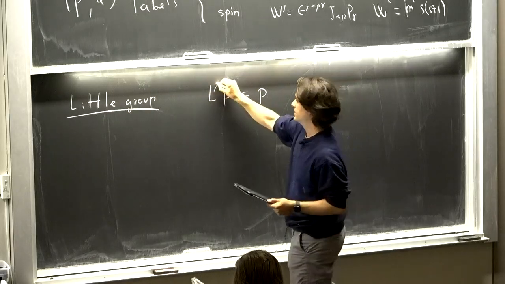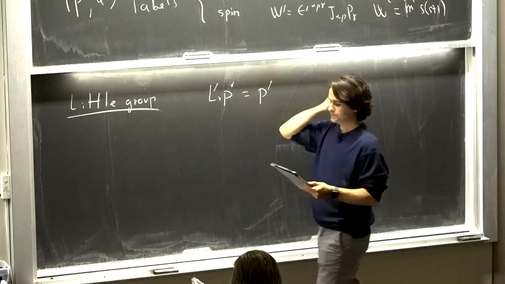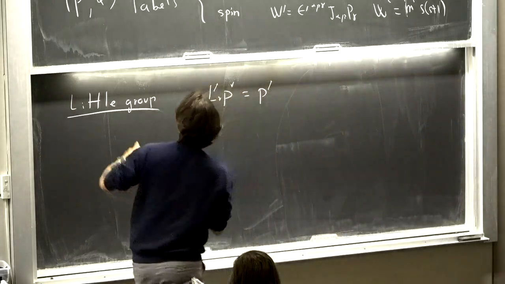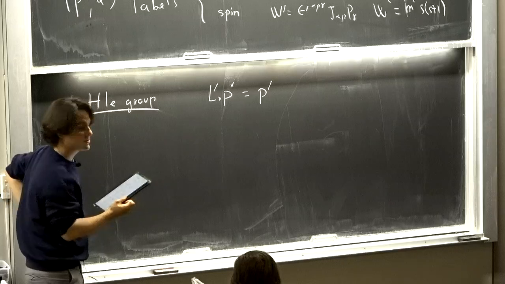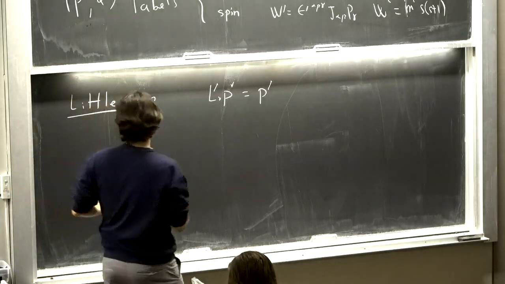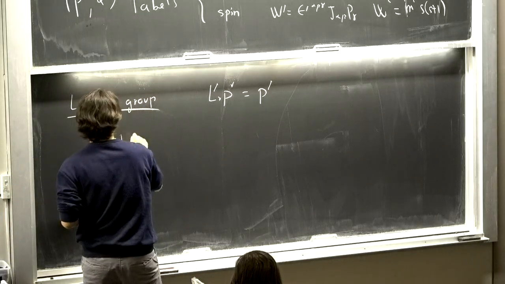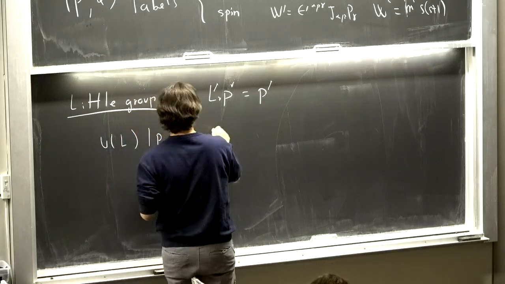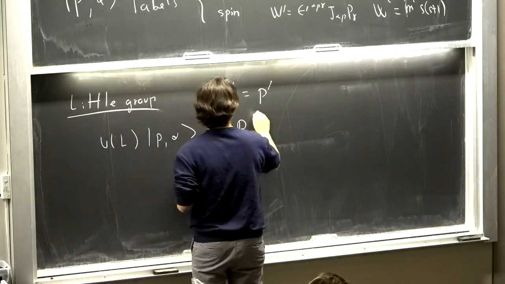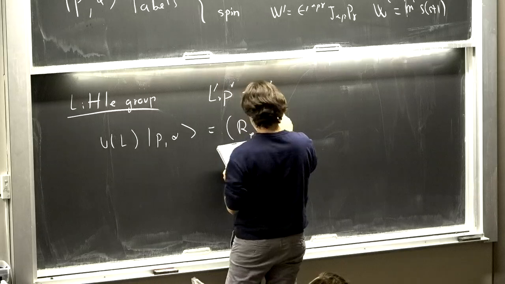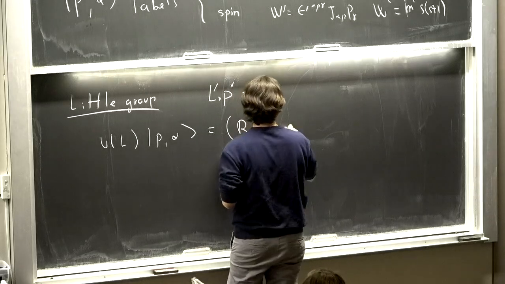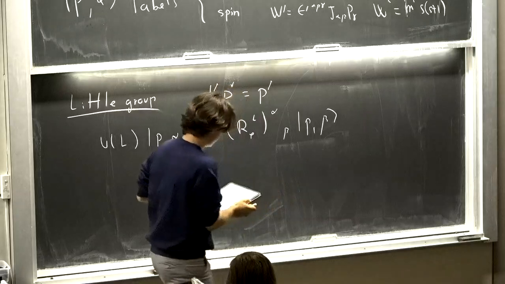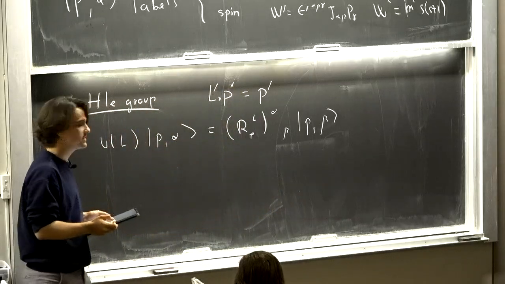Okay, so you can put labels, right? And in general, these states, these particles, will transform under some representation of the little group. So I have some unitary operation that acts on this. Then there will be some matrix, some representation rho of this little group, that in general is going to mix these guys, and this little group is actually different for massive and massless particles.